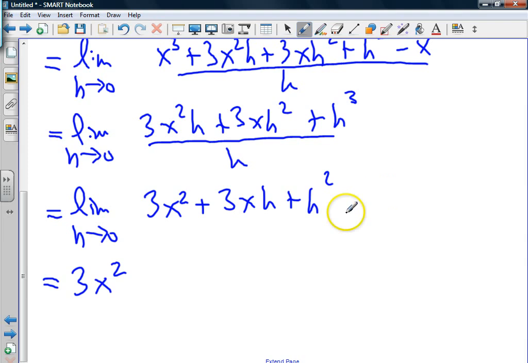In other words, if f of x is x cubed, then, shut up. What are you doing? Then